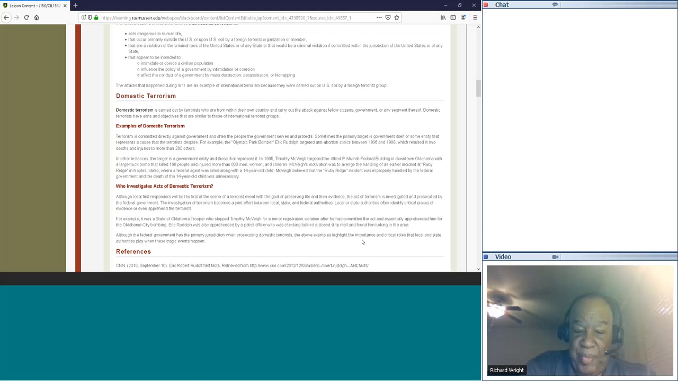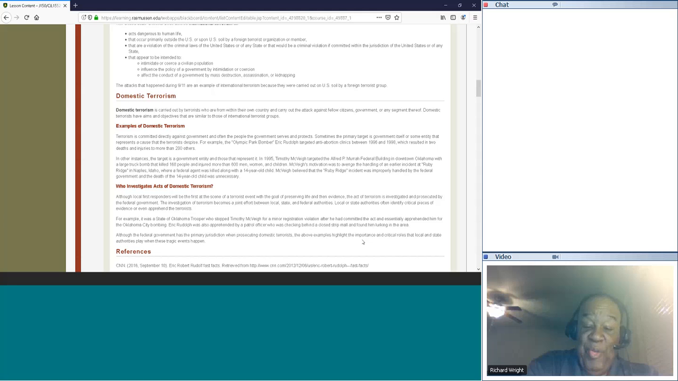All levels of government, the federal level, the state level, the county level, come together to investigate. That's the FBI. Now we have Homeland Security, and they talk about what happened and how Timothy McVeigh was stopped in Oklahoma. A state trooper stopped him for a minor traffic registration violation